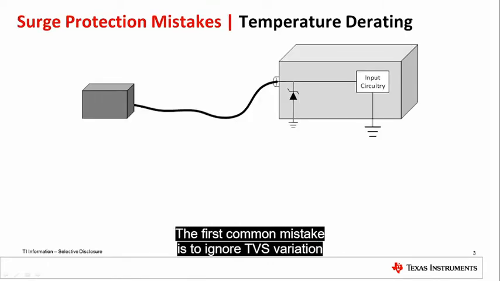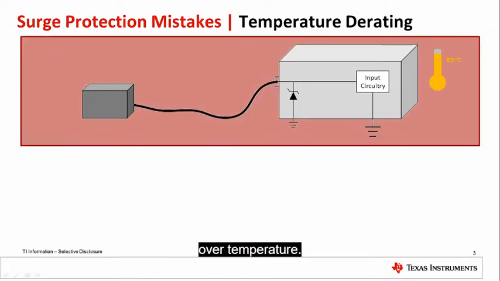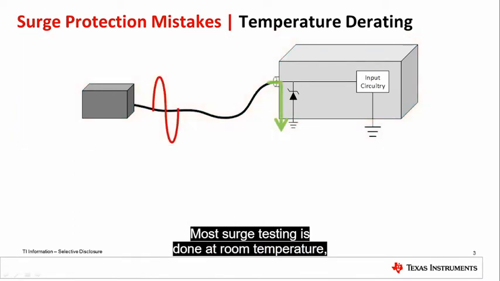The first common mistake is to ignore TVS variation over temperature. Most surge testing is done at room temperature, but real systems commonly see surge events at temperatures of 85 degrees Celsius or higher. Unfortunately, TVS diodes that can comfortably pass a surge test at room temperature offer no guarantees of